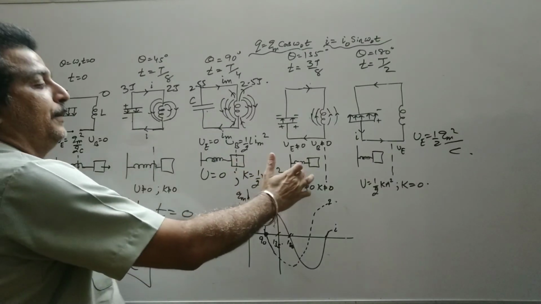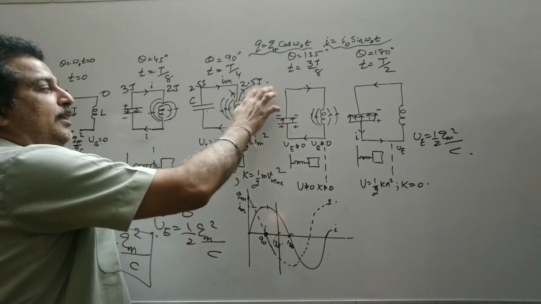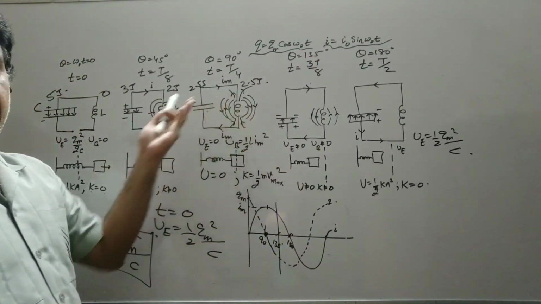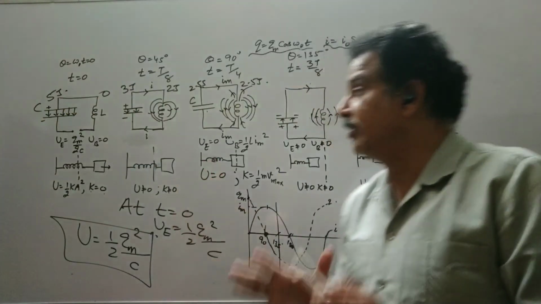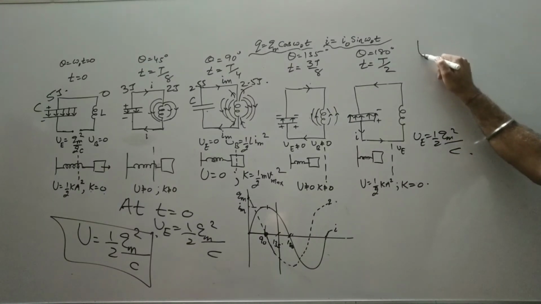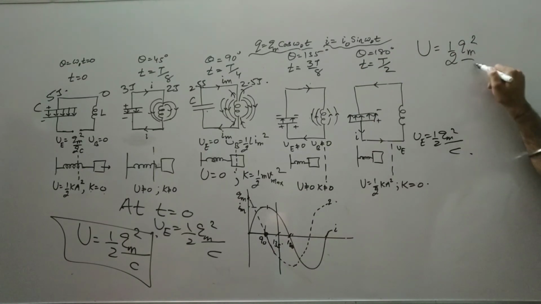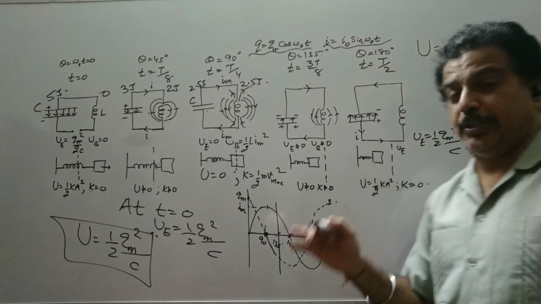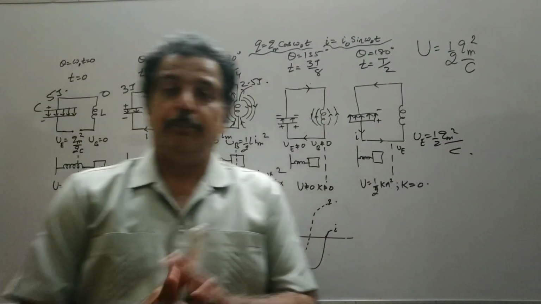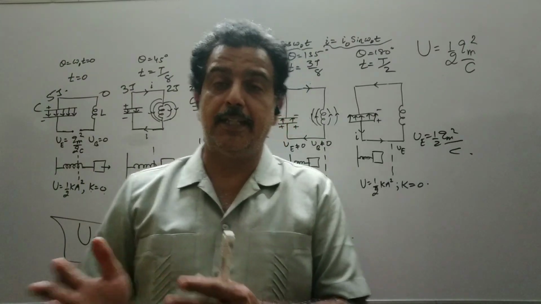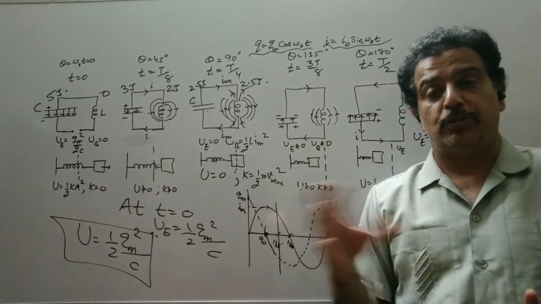Again, at this point, you can see in the graph at 135 degree, the current is decreasing. Again this starts decreasing, this starts increasing, and at the end again the polarity is changed, but the total energy always remains constant. So in an LC oscillation circuit, the total energy is always equal to half Qm square by C. Now if there are no losses in the circuit, this oscillation will continue. So this is the mathematical treatment of the LC oscillation circuit, as well as the pictorial representation of the LC oscillation circuit.